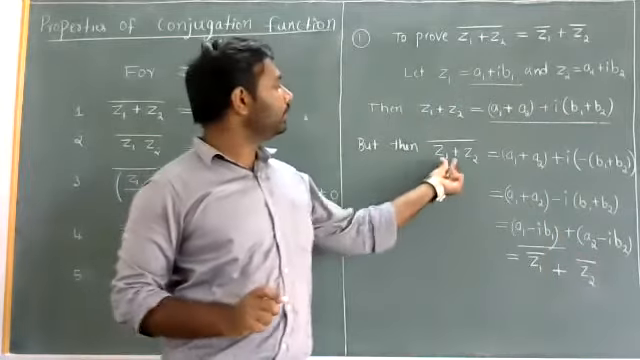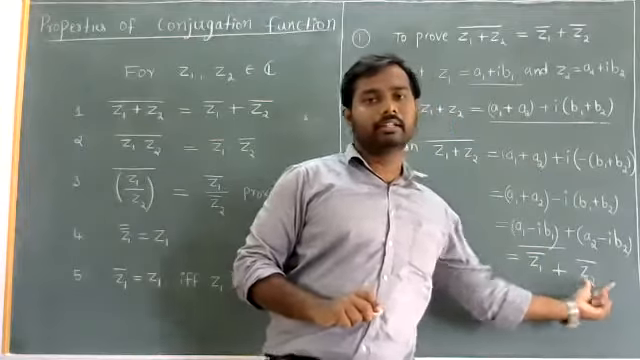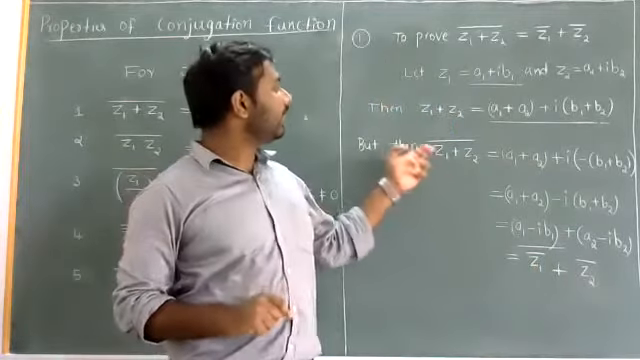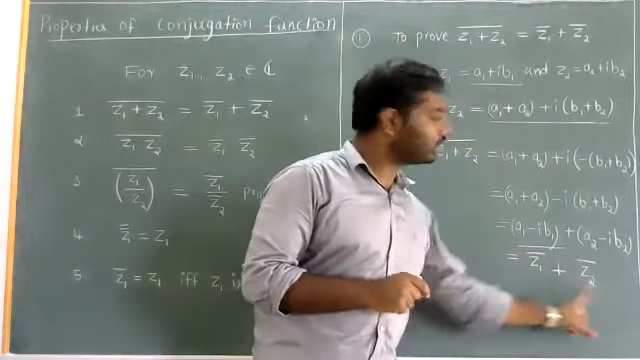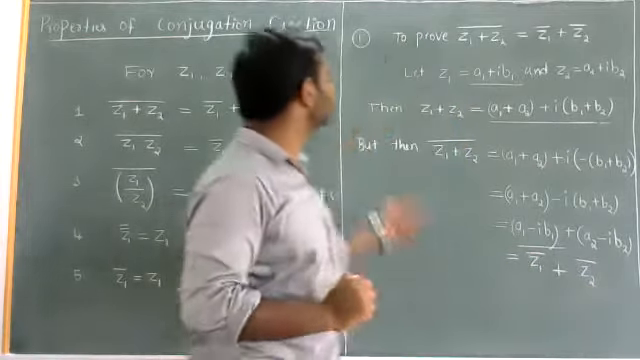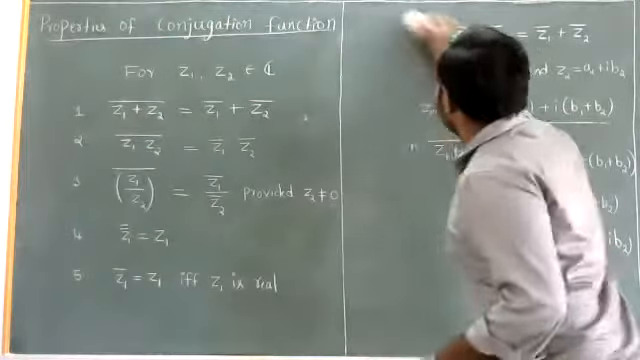So we proved (Z1 + Z2) bar is Z1 bar plus Z2 bar. So in words, I can say the conjugate of the sum is the sum of the conjugates. So this is the first property. So similarly,